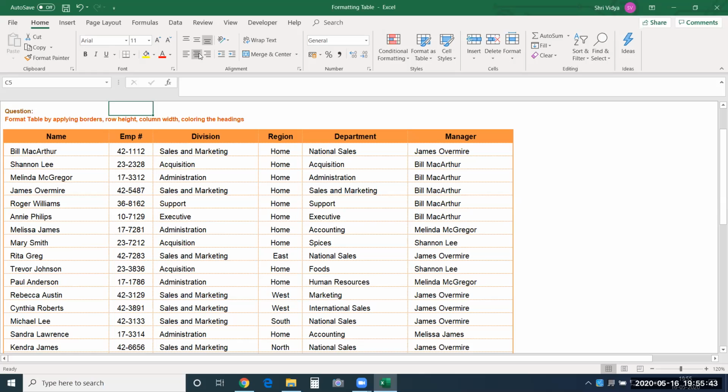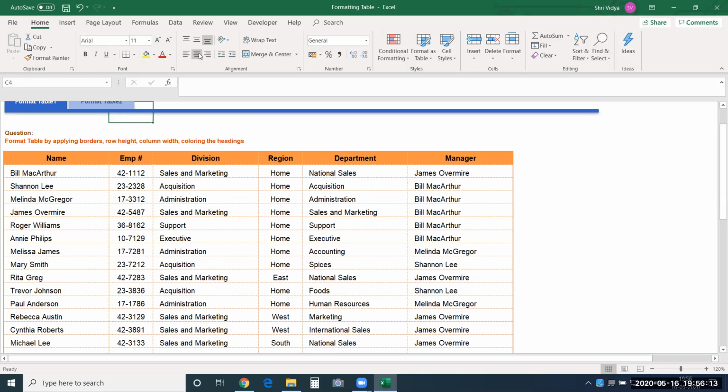Just a few minutes ago, you saw some data which was really heavy and was not at all in good shape. So always applying formats to your data is of utmost importance, so that the other person who is receiving the data can look at it in a proper way. If it is in a readable manner, even they'll feel happy to work on it.